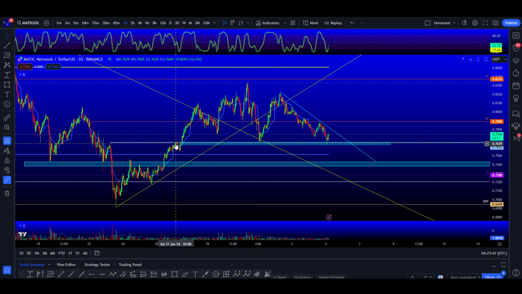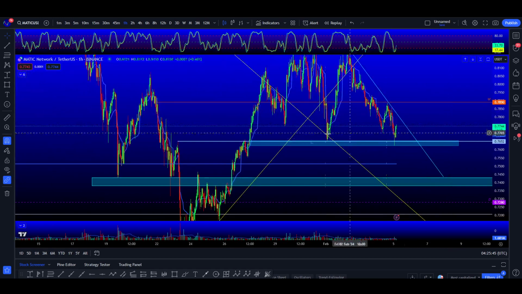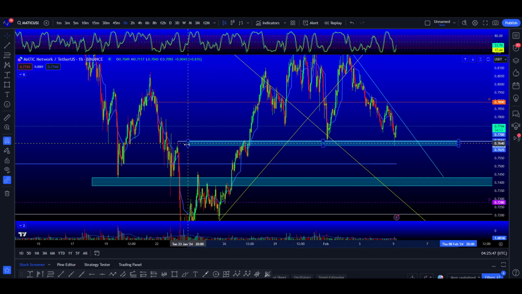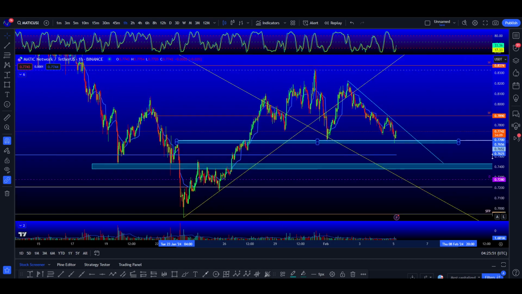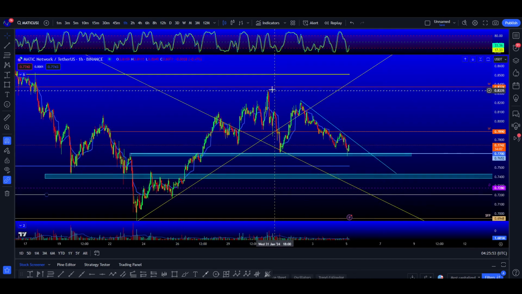Also retested this horizontal resistance as support as well. As you can see, resistance broke out, went close to the weekly, didn't quite get there, sold off, tested that trend line and support level before moving